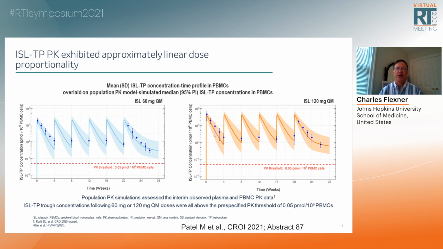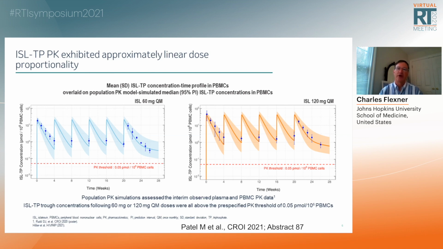And this is a study that was presented this year at the CROI conference, looking at the concentrations of Islatrovir triphosphate in HIV seronegative volunteers when the drug was given once every 4 weeks over a period of 6 months. And the modeling exercise in the blue and the orange shows that whether the dose is 60 milligrams once a month or 120